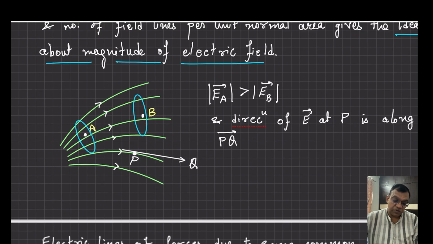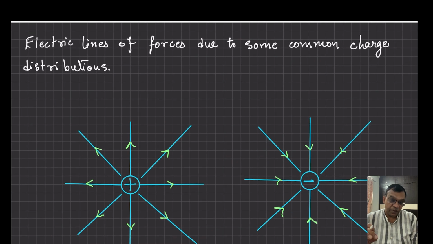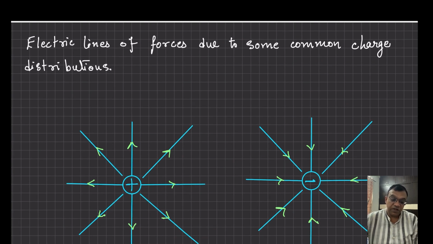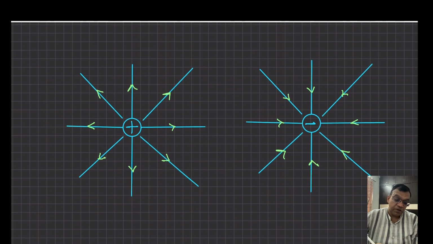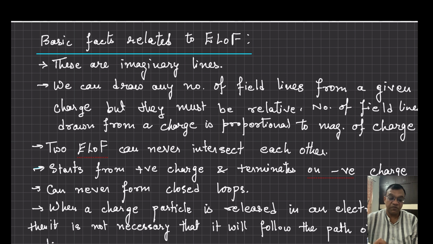Now, due to some basic charges, some field lines we have drawn, you see that. Or before that, see some basic factual points about the electric field lines. These are imaginary lines. In actual, no such real lines exist like that. This is purely our imagination, that in this electric field region, there are lines like this. But in actual, there are no lines, but it is only a way to analyze the electric field in that